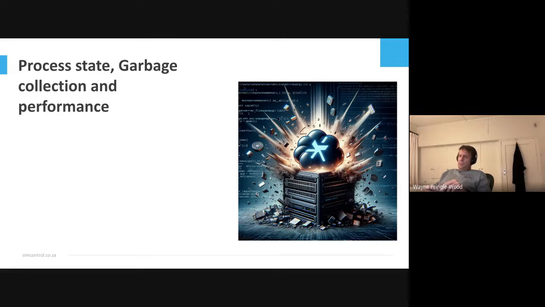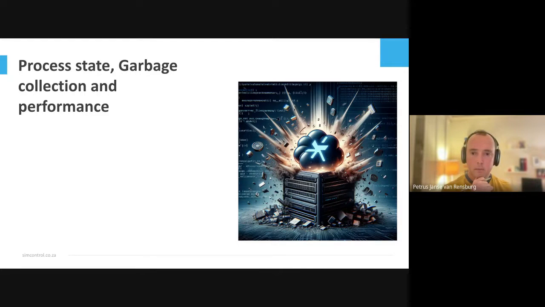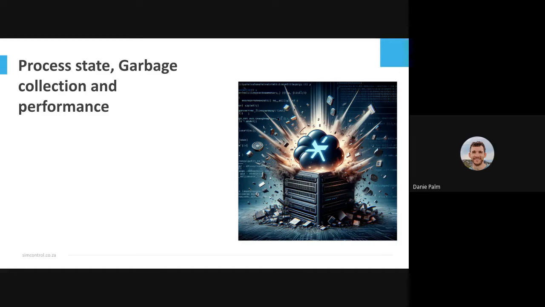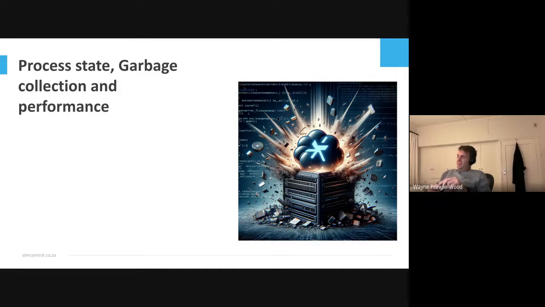Does anyone know, for example, if you have a supervised GenServer and it keeps crashing, how many times it will be restarted by default? My feeling is infinity. It's not. Is it like 5 times? 5 times, okay. So when you're supervising GenServers that are critical and that you think might have an issue, you have to actually set the restart count to something like 5,000. Otherwise, the thing is just going to die on you. If it crashes more than 5 times in a row, it's never going to be restarted.